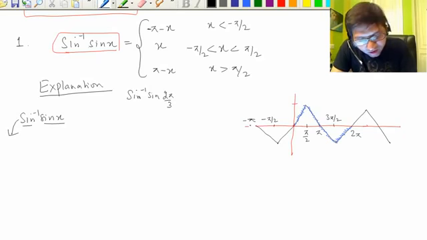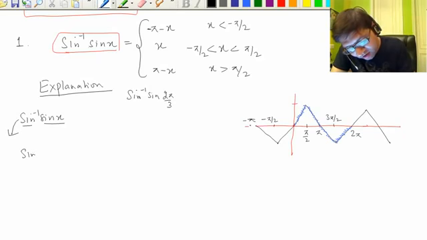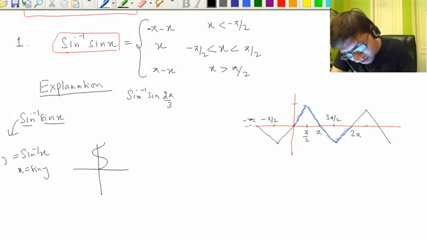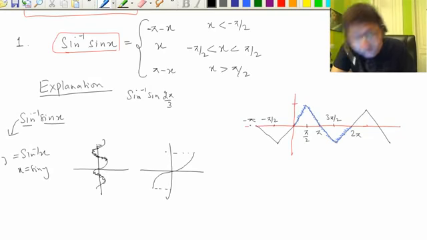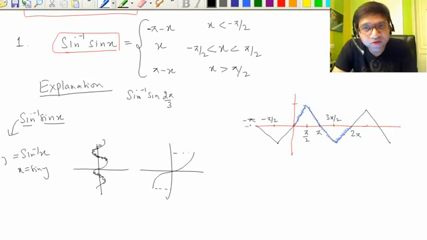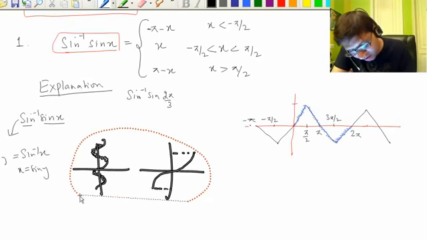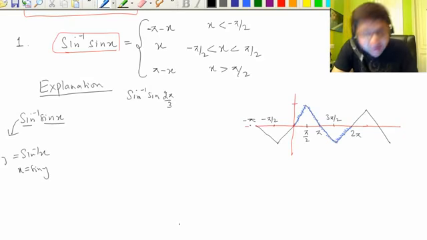Inverses are not functions, because sine inverse x is the same as x equal to sine y, and x equal to sine y is a graph that goes like this, which is not a function. But to make it a function, we have restricted the values y can take. We have removed this part and this part, and we are saying the values y can take are only between minus pi by 2 and pi by 2 to make it a one valued function. For every value of x there should be only one value of y. Because of this all problems have come, because we have made sine inverse x a function. That's why all this complexity exists in this topic.